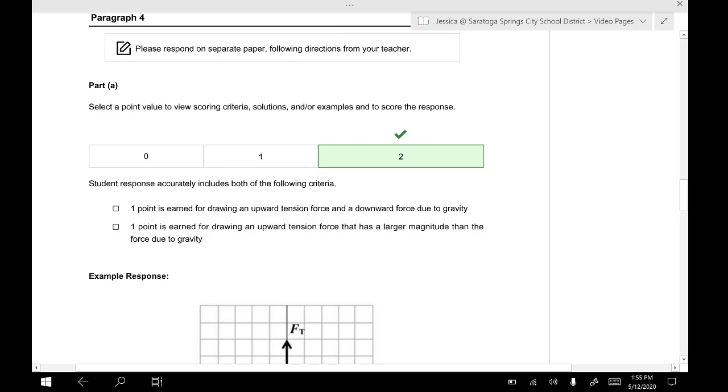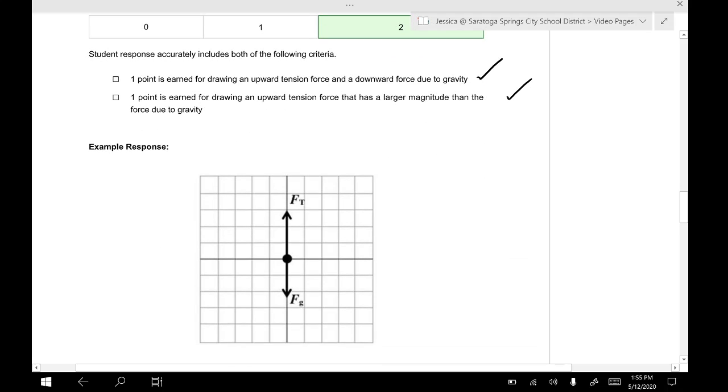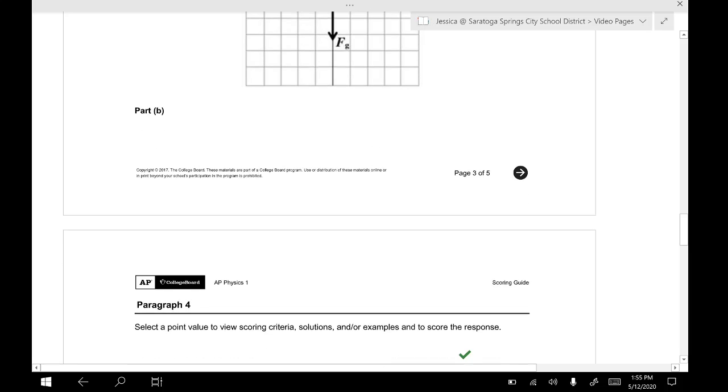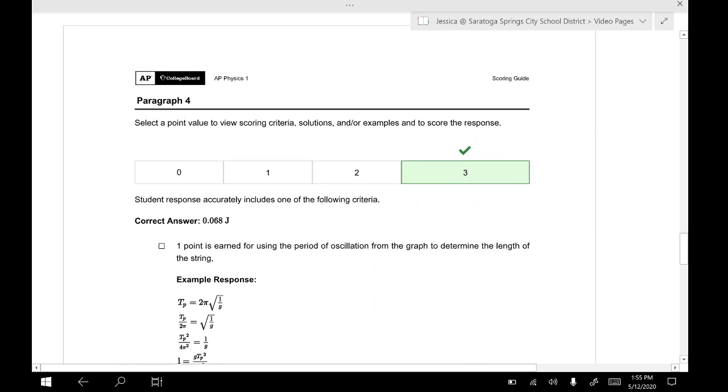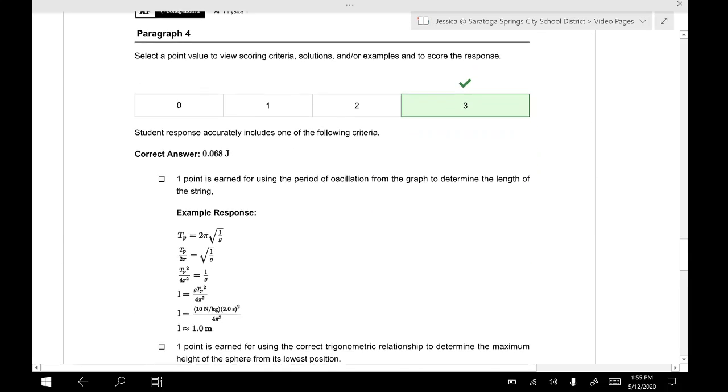So I get 1 point for drawing an upward tension and a downward gravity, and then my other point is for drawing tension that's larger than gravity. Remember, we needed to do that because this pendulum is also moving in a circle, and in order for the net force to point towards the center of the circle, the tension force needs to be larger than the force of gravity. Okay. Then we needed to calculate the